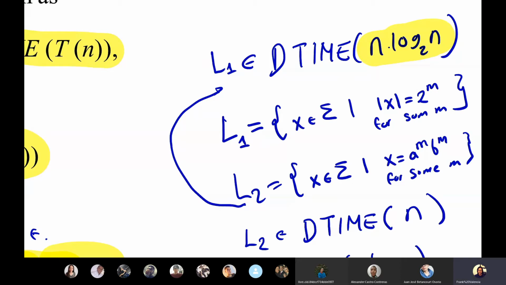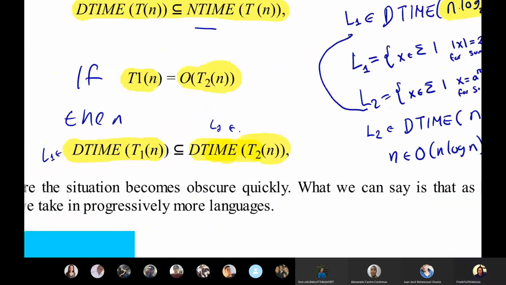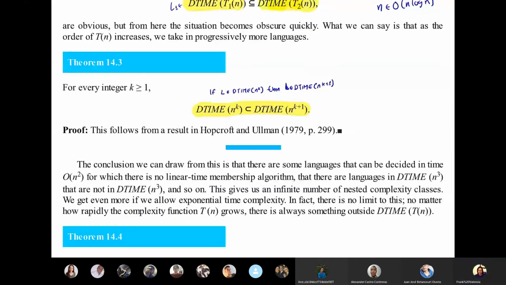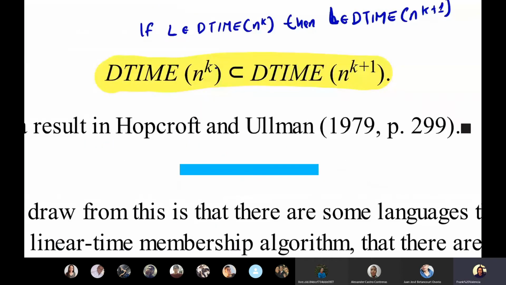So Betancourt, you asked some question, right? About this. What you have to prove here is that every language that is in here is also here. So every language that can be decided in complexity n to the k can also be decided in